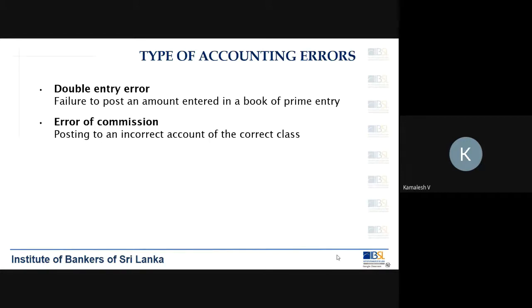Right. Now let me give you a transaction. Payment of your mobile bill. Let's say you are running a business and you are paying your mobile bill using your cash. What is the double entry? Where will you debit and where will you credit? Payment of your telephone bills. Where will you debit and where will you credit? What are the two accounts involved?